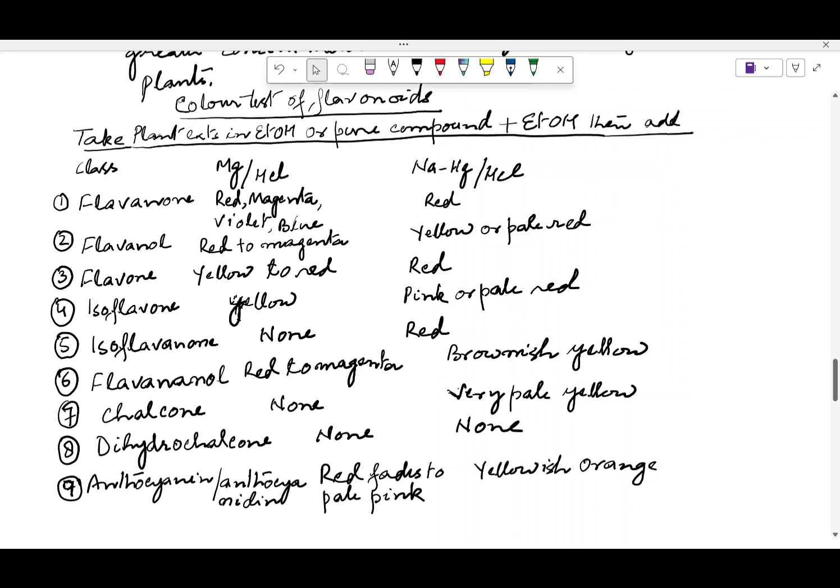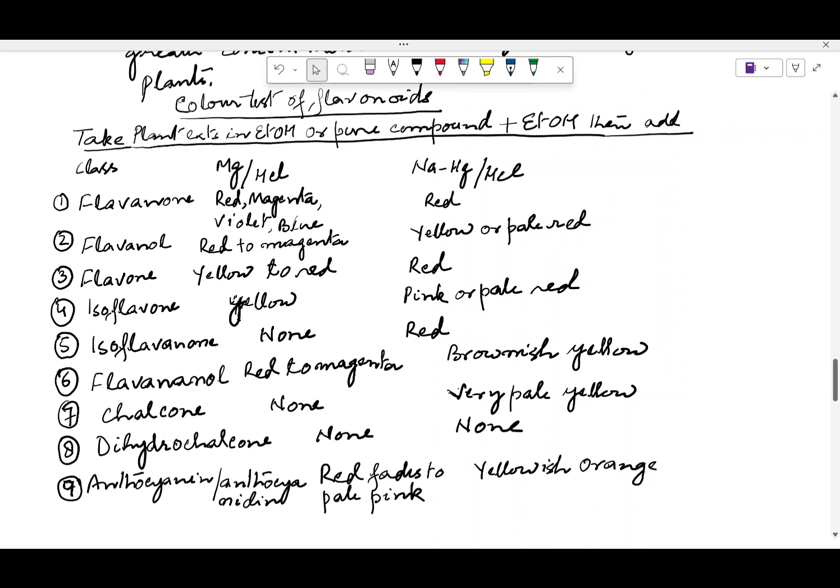These are the two parts mentioned here. Either you can test with magnesium HCl or with the sodium amalgam. Whatever the plant extract or the pure compound in ethanol, you divide the extract into two test tubes, and in one test tube you add the magnesium HCl, and then you see what the color change is.